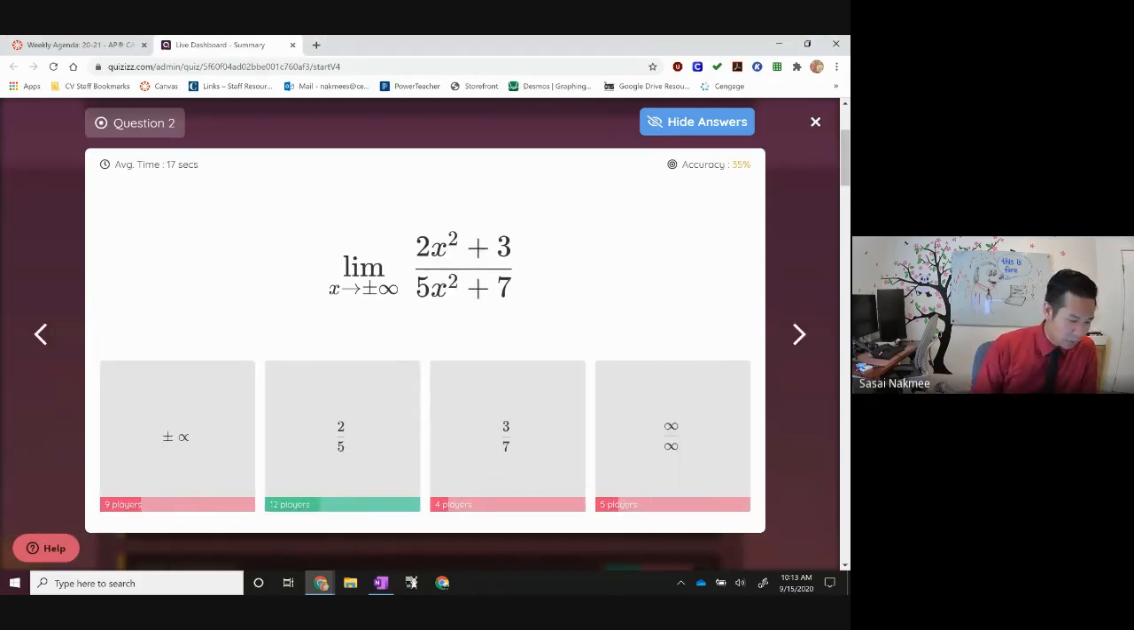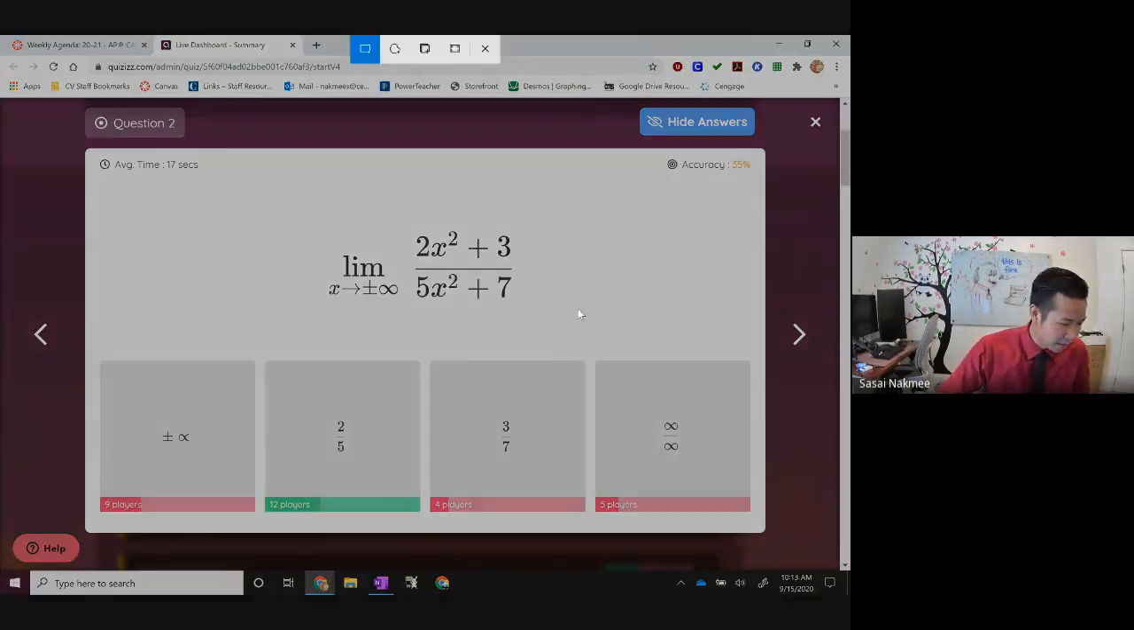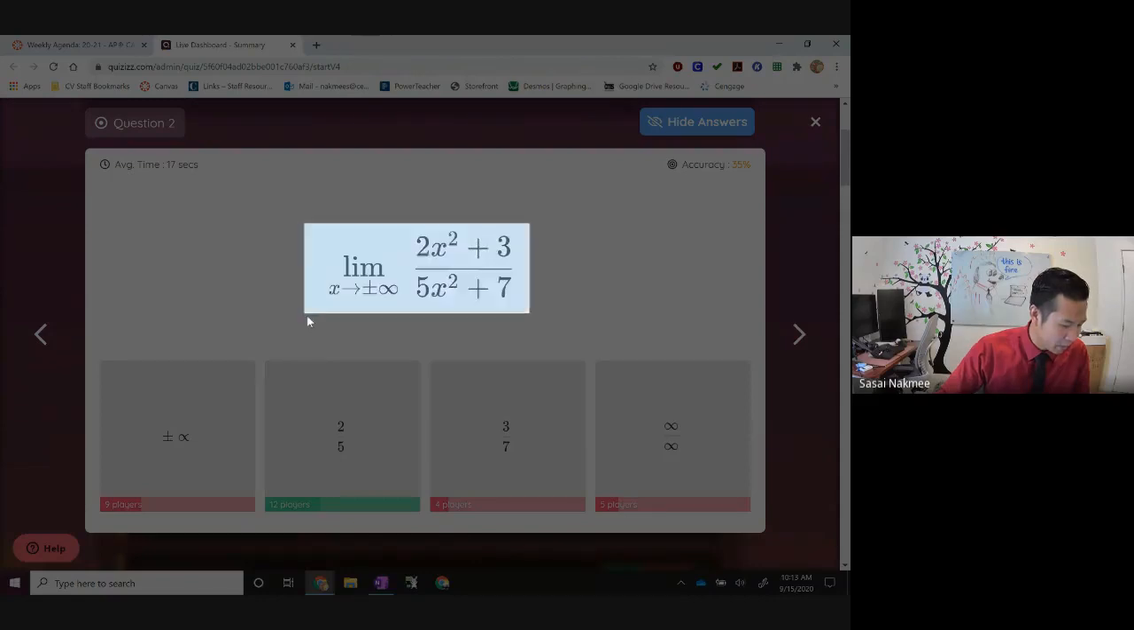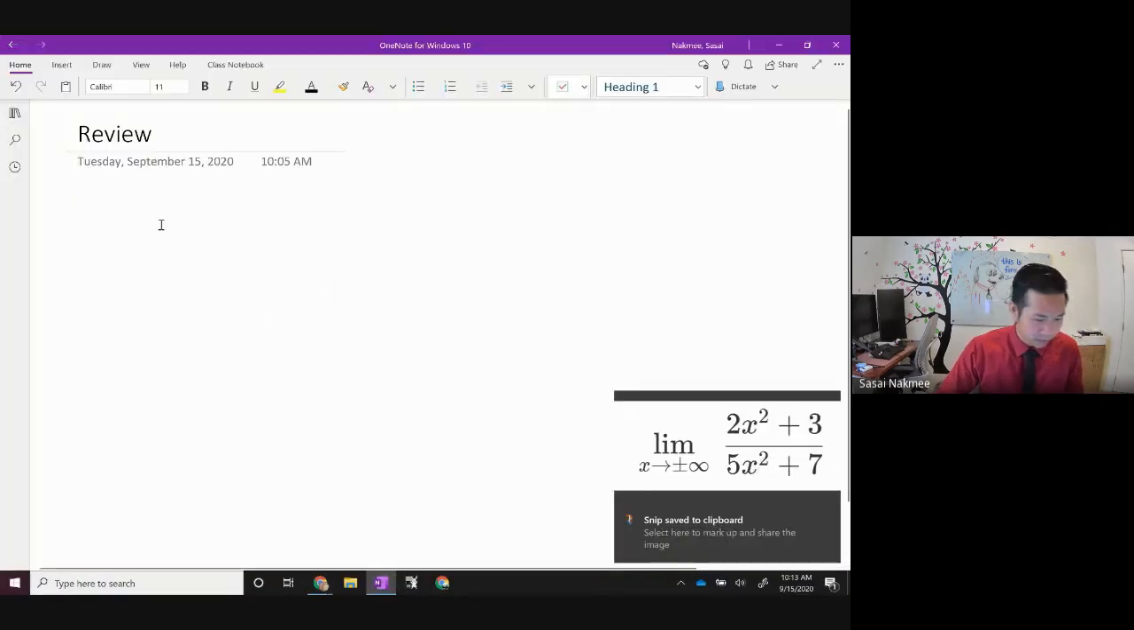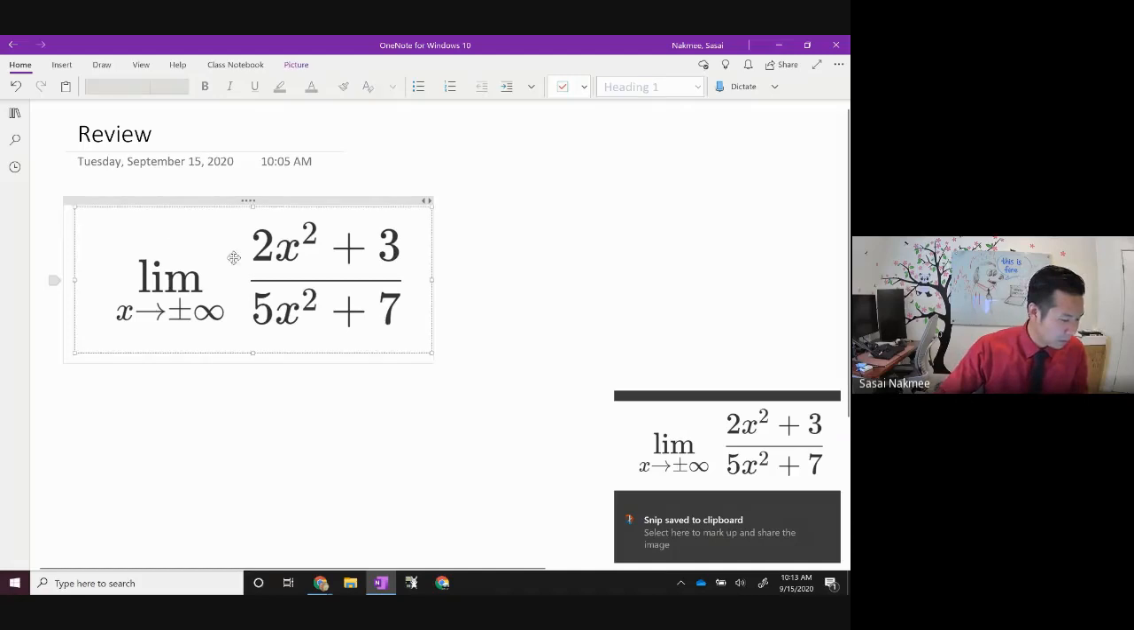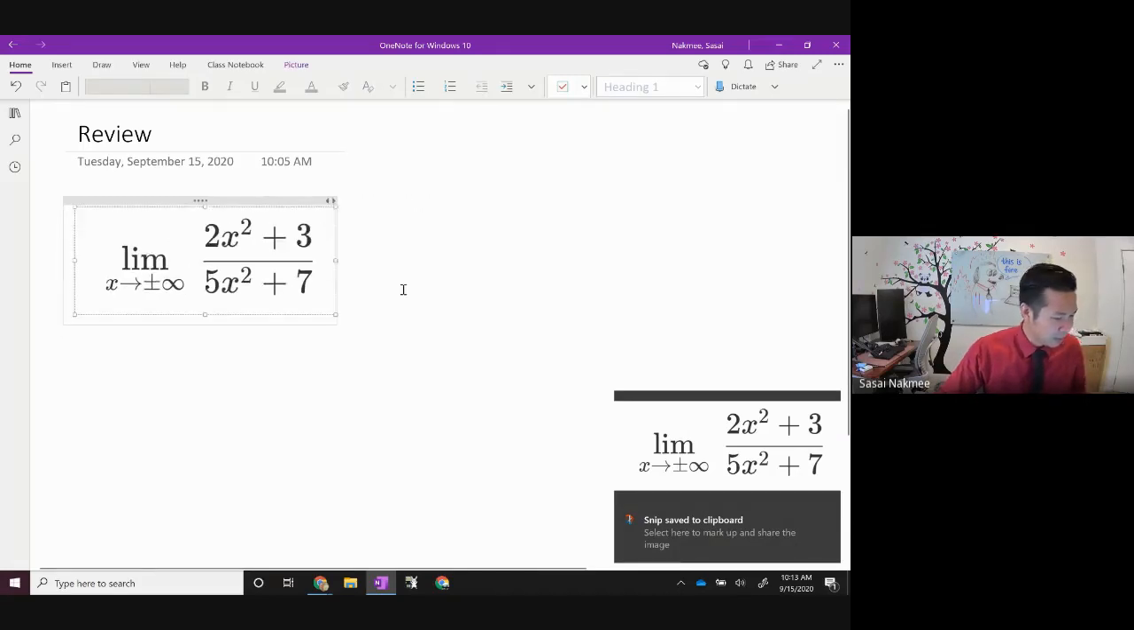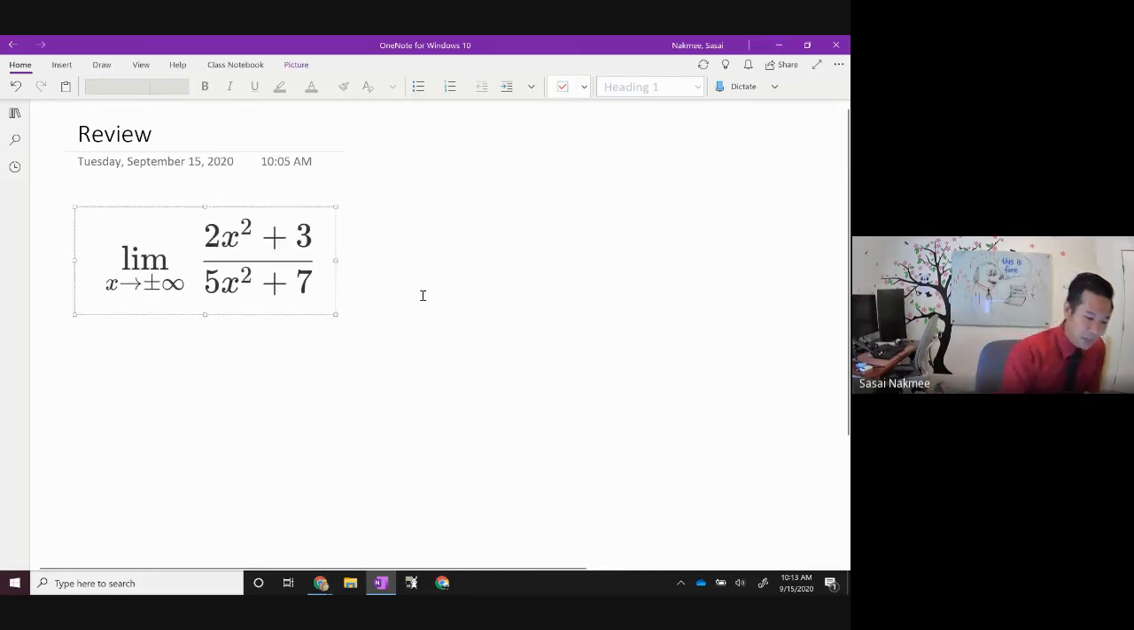Split across the board. The majority of the people got this one right though, but it is 2 over 5, and it comes down to this definition of this limit right here, right? Let's take a look at this problem here, written down. So, wow, that's gigantic. So when you're looking at this problem, you need to remember, when you're looking